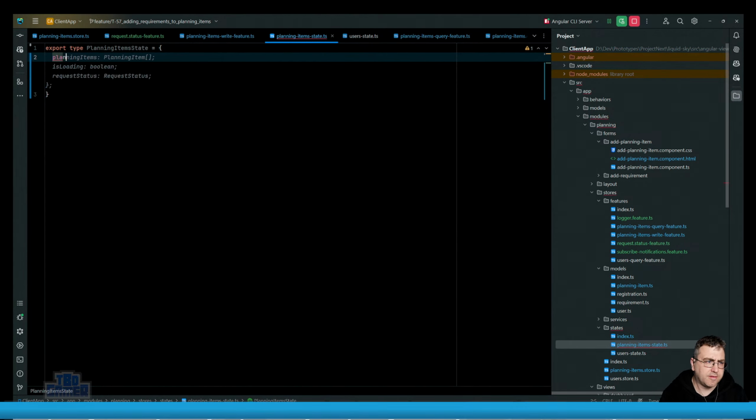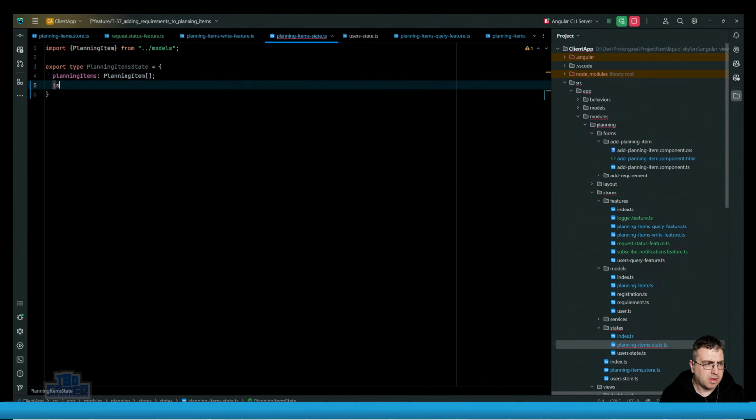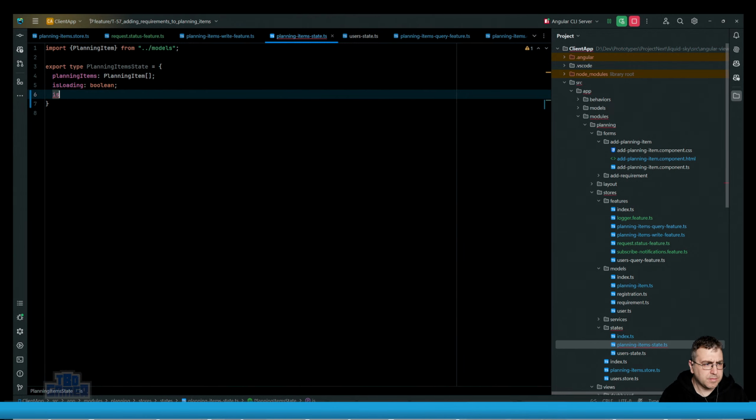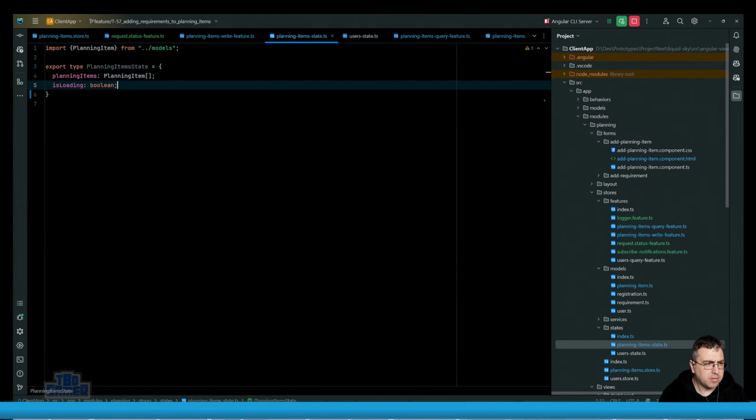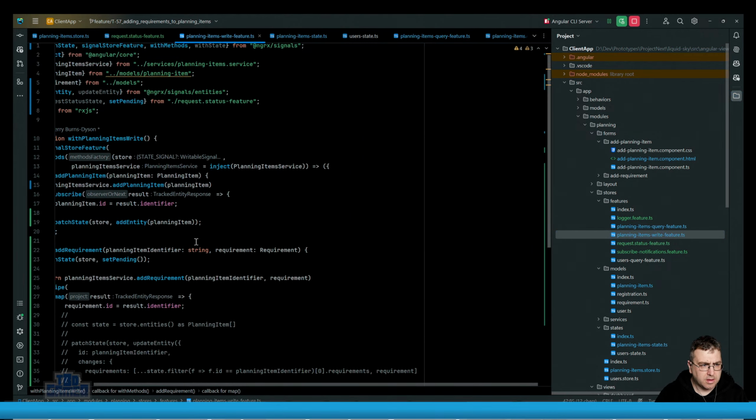Yeah, and that is planning items. It's loading, right? We'll worry about that later. So if we have a planning item state, and then in here,